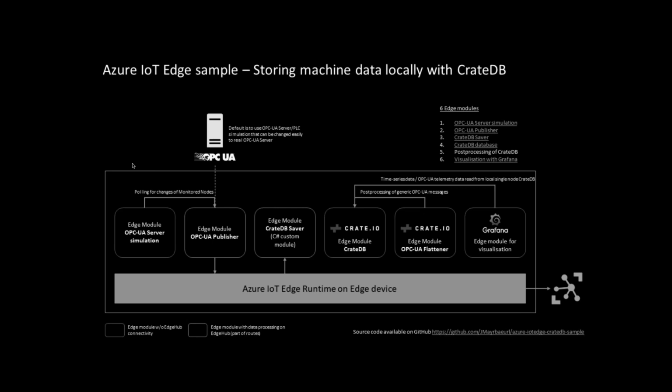If you take a look at the repository, you can use Vagrant to simulate an edge device. First of all, the OPC UA data comes in, which is basically machine data. The enrichment module takes this data and enriches it in a way similar to what we just talked about. Enriched data is stored in a metric table, and after that, we can visualize this data using the Grafana IoT Edge module. And it's quite easy to connect CrateDB to that because of the Postgres wire protocol. Now the time series data can be visualized on a dashboard in Grafana.